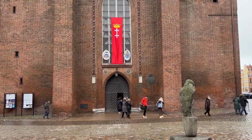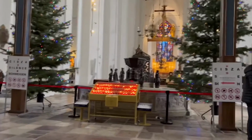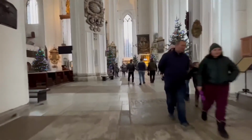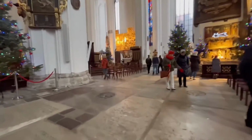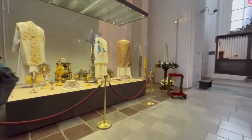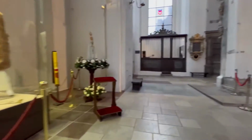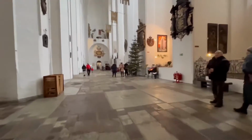Welcome to St. Mary's Church, the world's largest brick church, where a delightful experience awaits you. This towering masterpiece rises 255 feet high, offering a commanding presence over the beautiful city of Gdańsk. Delve into its spiritual allure and marvel at the magnificent aisled hall church structure with the transept, a true architectural